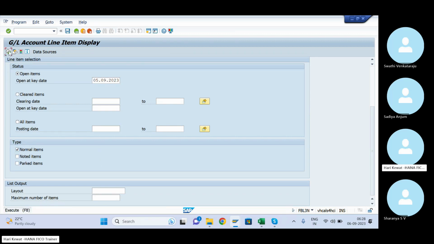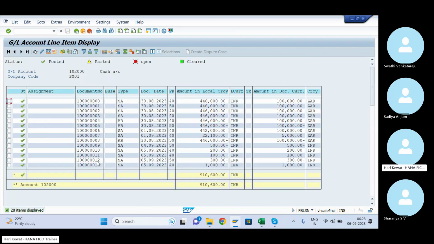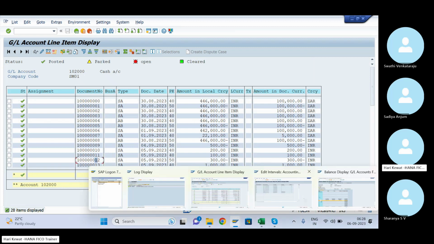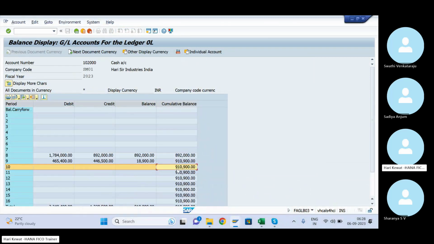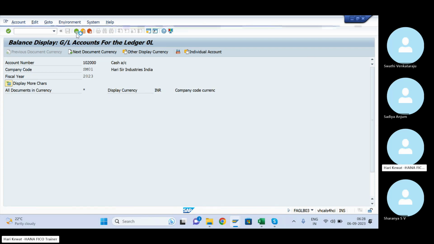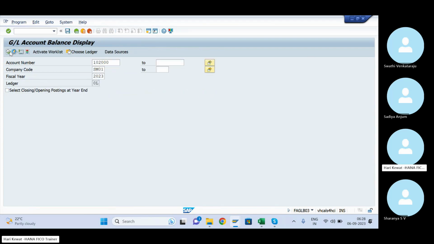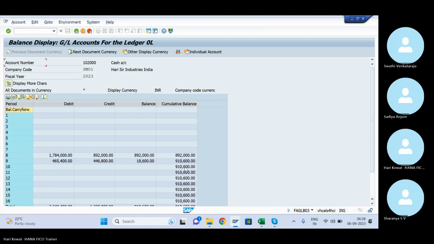Run it here. So 12 also came here. Your balances also get changed. Now you have 9,10,900. Now it will become 300 more, so it will become 9,11,200. Okay, run it. Sorry, 9,10,600. 300 got added in this. So like this, it will impact the balances.